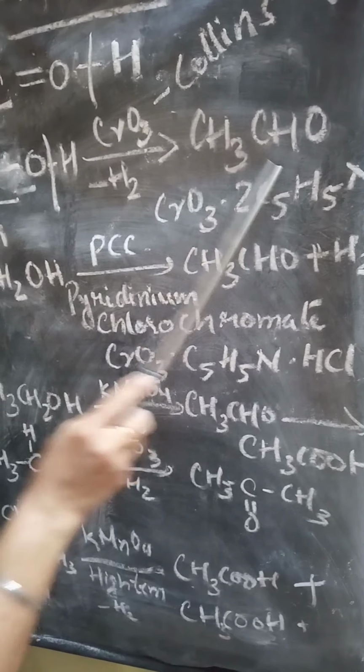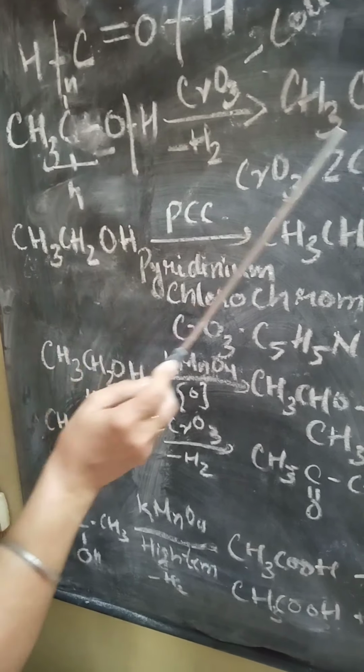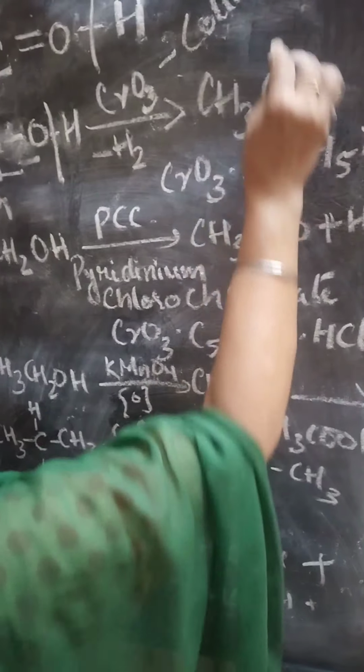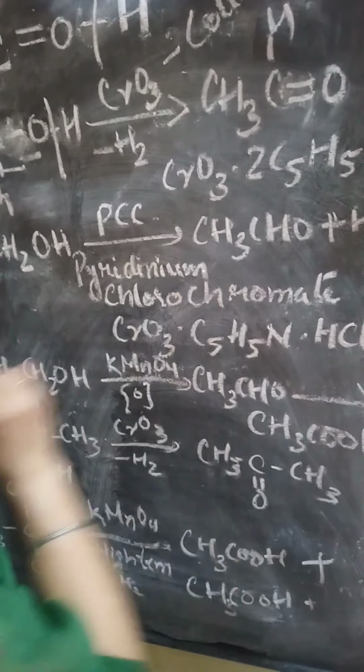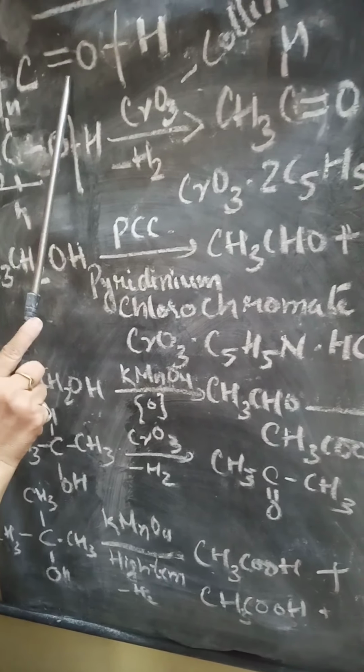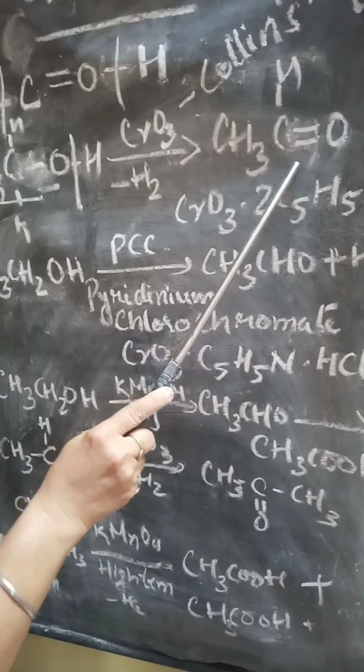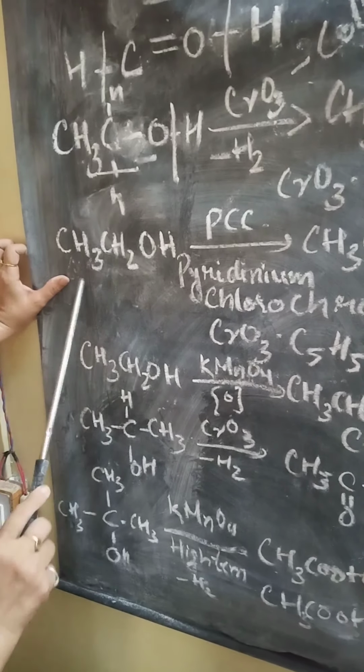Here the aldehyde group, you know, the carbonyl group is present. You can write this aldehyde in this way: hydrogen is there, C double bond. As we have discussed, a carbon double bond will be formed in the product. You can see the second reaction.